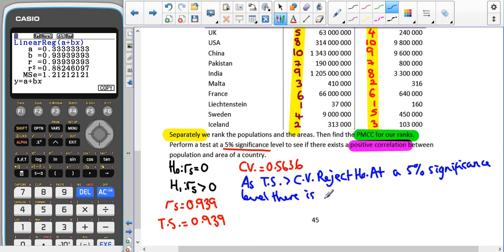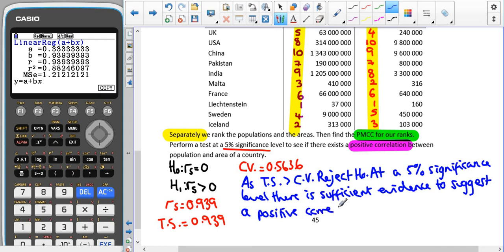There is sufficient evidence to suggest a positive correlation between,